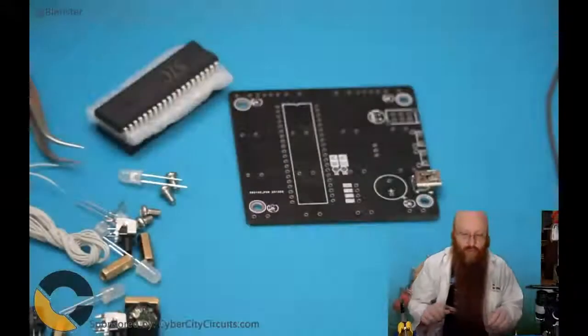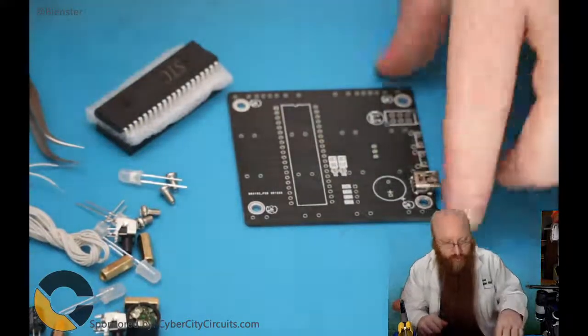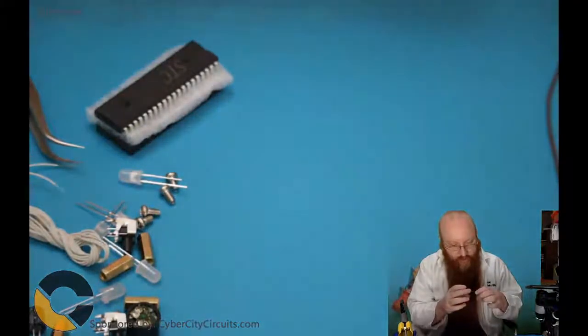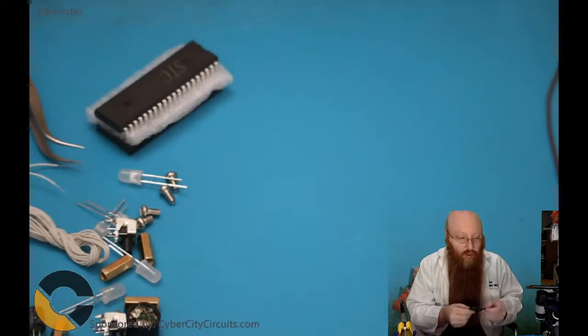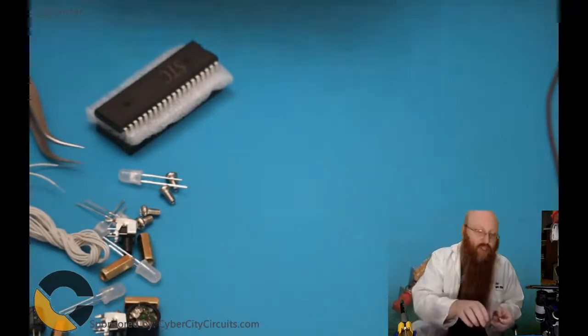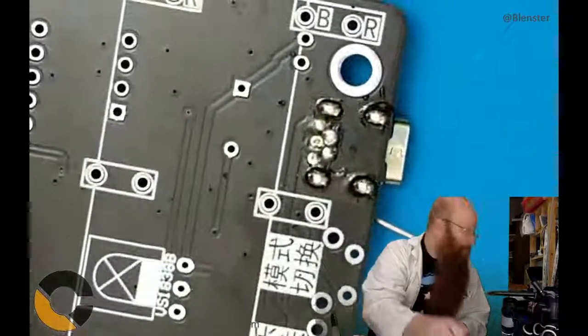So let's switch back to this view. Alright, so we have our USB connection in place. I'm going to check. I don't see any sort of shorts. Everybody looks happy. Although, I suppose we can check that real quick. So let's put it back over here and I'll show you how we're going to check that. We're going